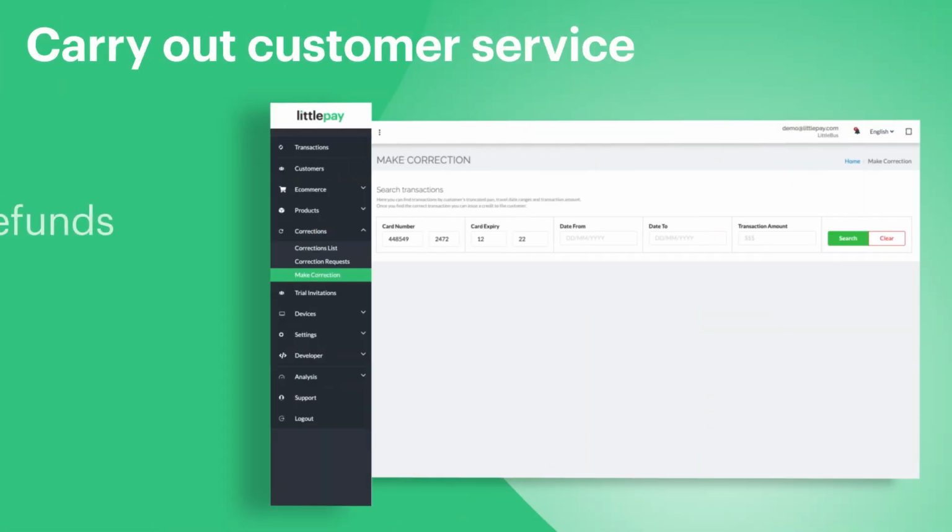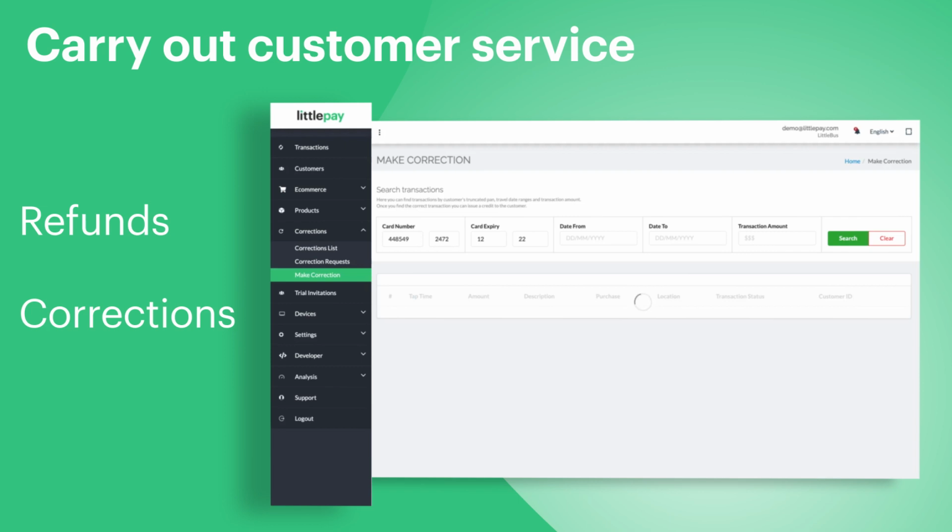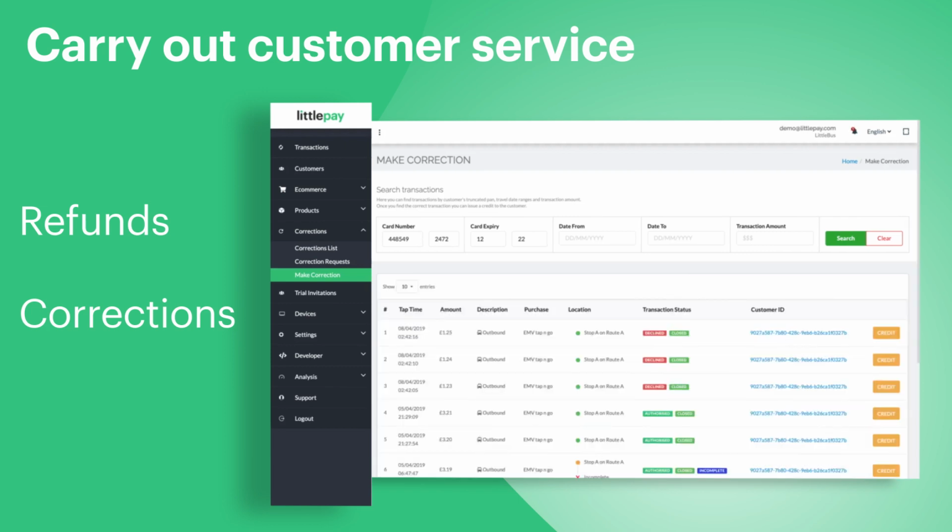To process a refund on the Littlepay Merchant Portal, go to Corrections and then Make Correction. Enter the first 6 and last 4 numbers into the card number and then the expiry date, and then click Search to view the results. This will load all the transactions for this card number, and then to filter the information even further, we can